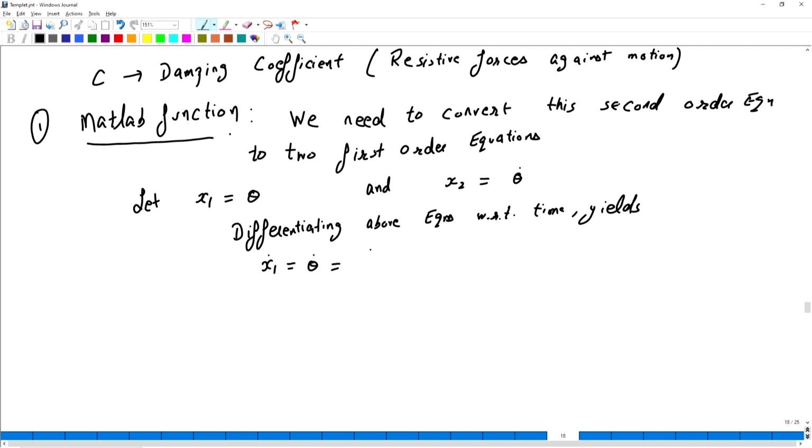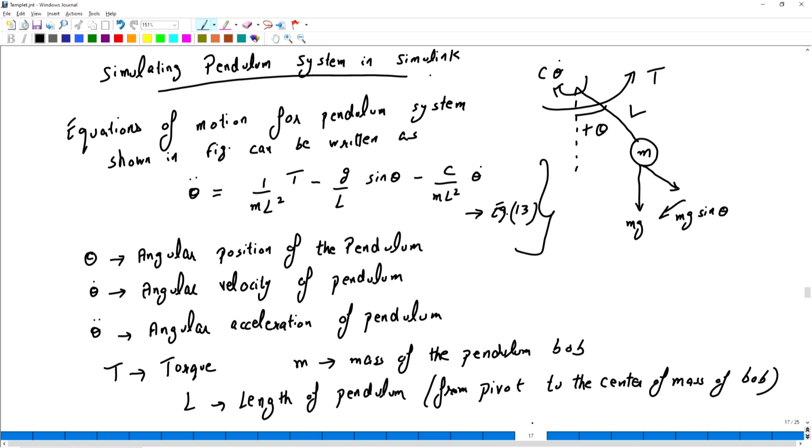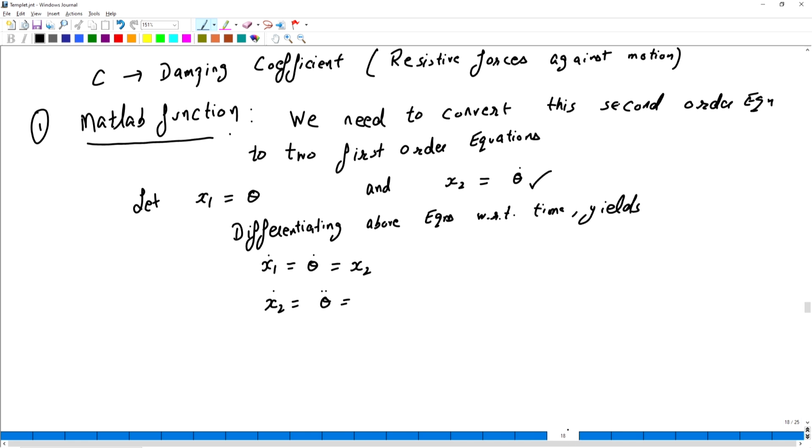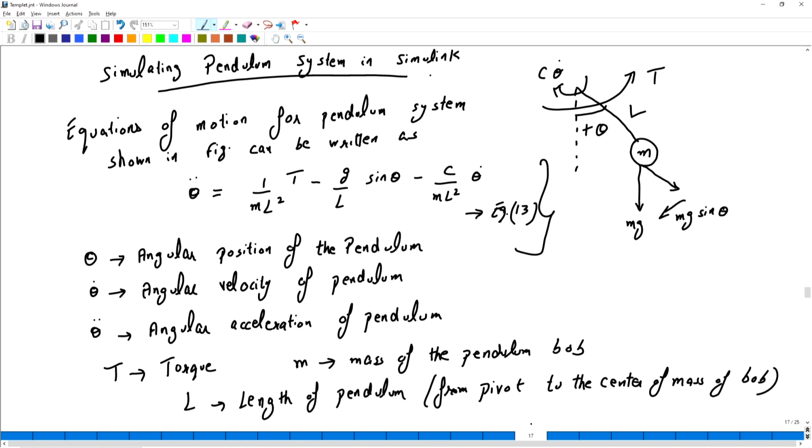Theta dot is nothing but x2, and x2 dot equals theta double dot, which can be represented by equation 13: 1 by m l square into T minus g by l into sine of theta.